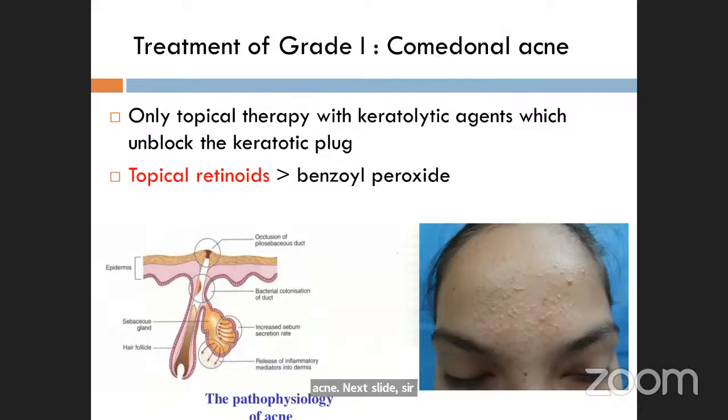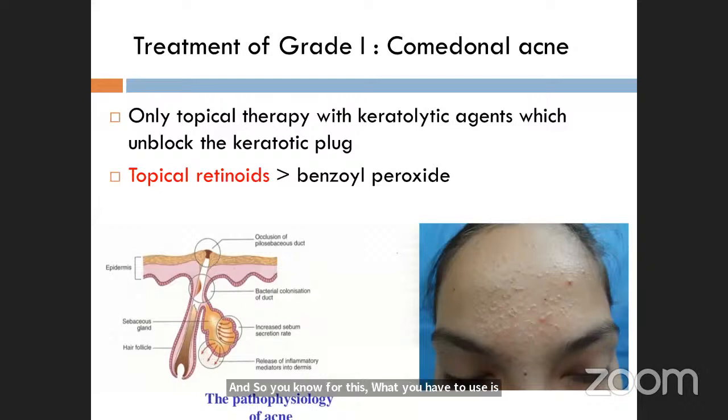Next slide, sir. So now we are coming on to the basic drug treatment of acne. So when you are done with your general advice, and if you are seeing a patient who has grade 1 acne, that is your comedonal acne, so you know for this acne, what you have to use is basically your